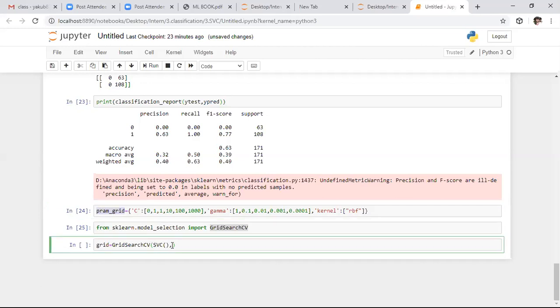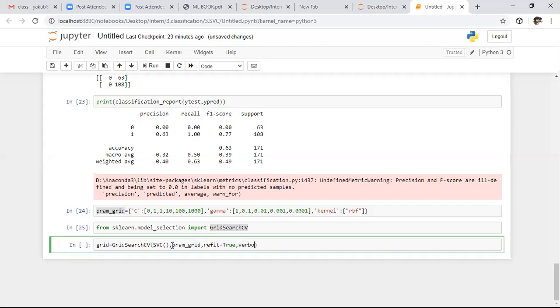After specifying this, I want to refit all these parameters to our model every time, so I'm keeping refit equals True. After this, I'm keeping verbose equals 3.